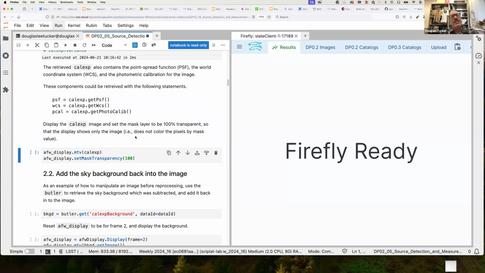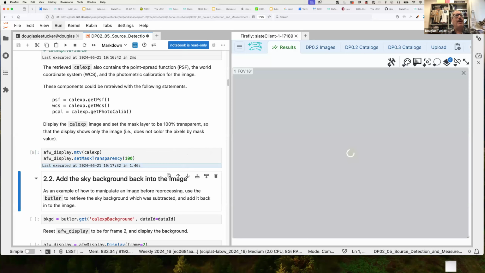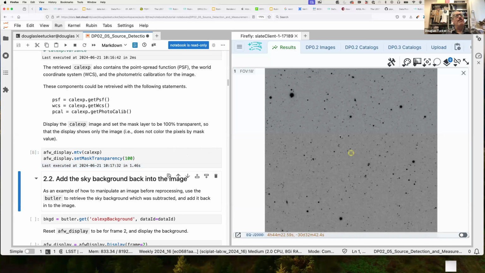And hopefully, this works, as it has not been working for some reason recently. We'll set the mask transparency to 100%, so that it shouldn't show the mask, but I found last night that it has been showing it. So I think that might be a slight bug in this. Oh, this time it's not showing them. Okay, this is kind of random. At the moment it's not showing the mask. Oh, wait, it does show some aspects of the mask. It looks like there's a bleed trail mask element being shown. Okay. Anyway,